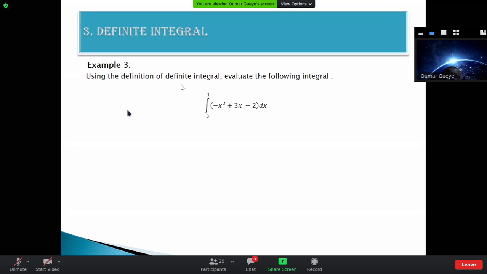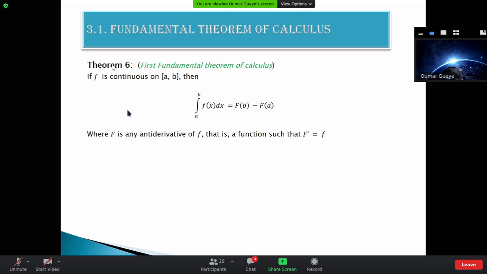So in this case, if my function is continuous on the interval a, b, for sure it's integrable, and calculating the definite integral is exactly calculating the value taken by capital F at b minus the value taken by capital F at a, where capital F is an antiderivative of